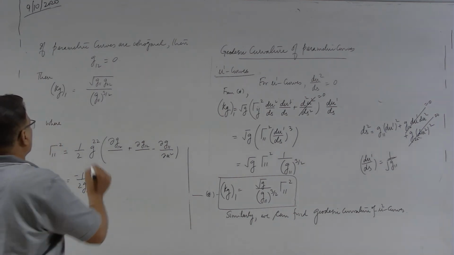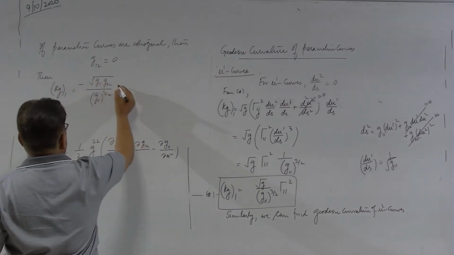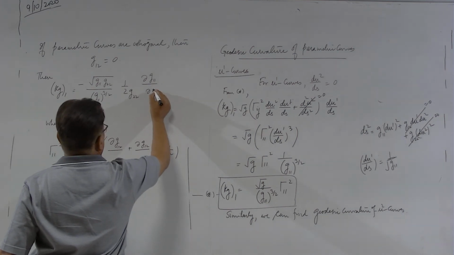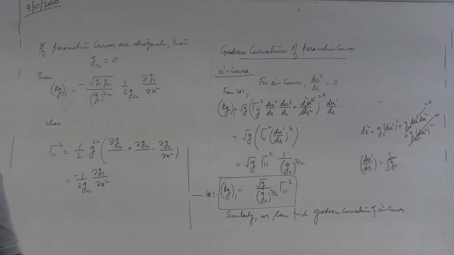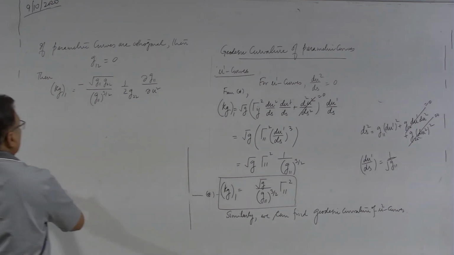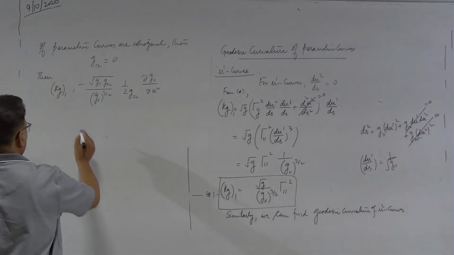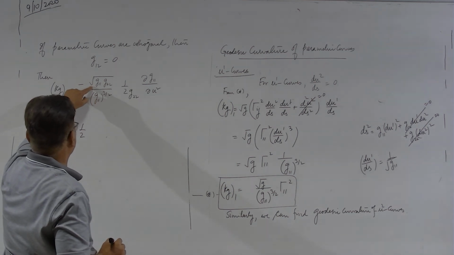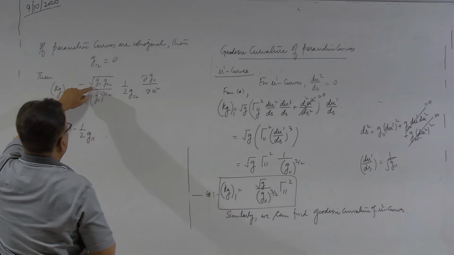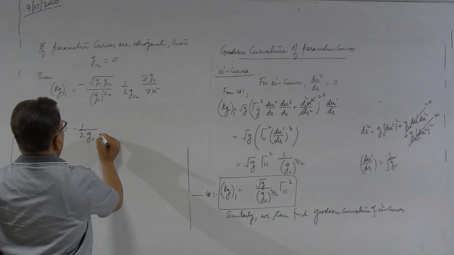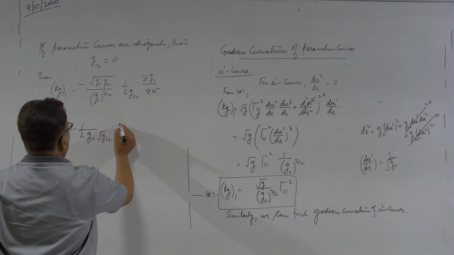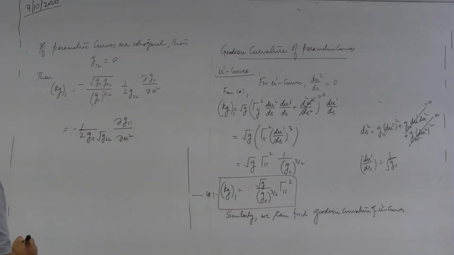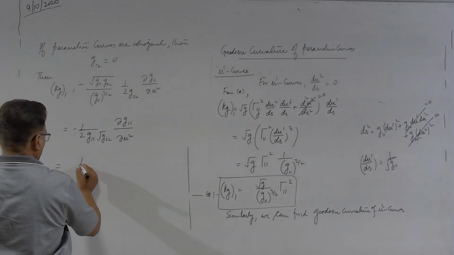So, substitute this value also. So, minus I will put over here half, G22 into delta G11 upon del U2. So, you can settle what are the powers. So, minus half G11 to the 3 by 2 and this is G half. So, this half goes off, only G11, G22 half and G22. So, this will become under root G22 down, and that is delta G11 upon delta U2. Am I right? Now, this can be further written as 1 upon under root G22